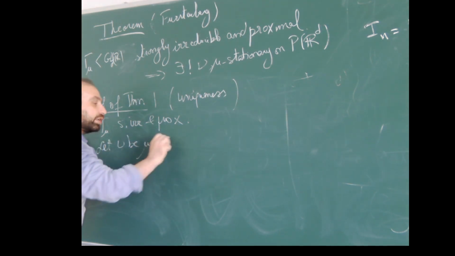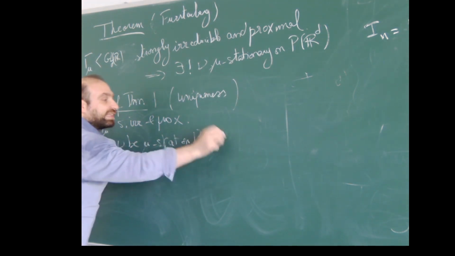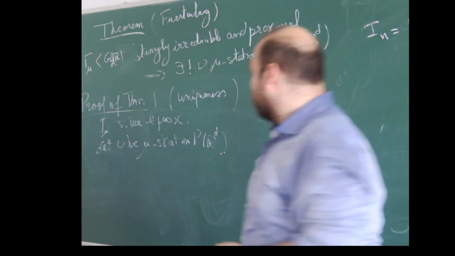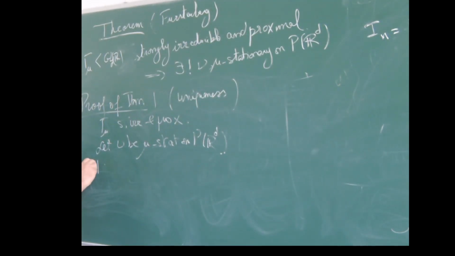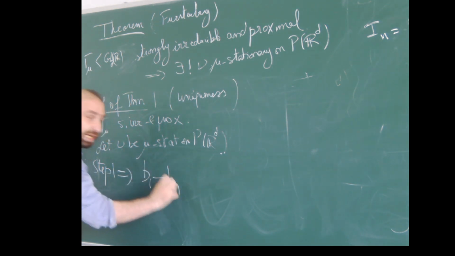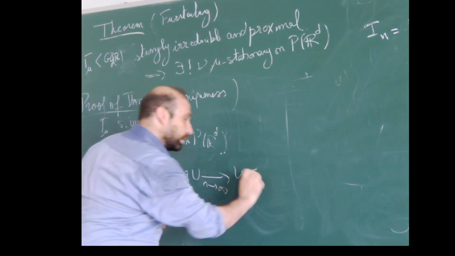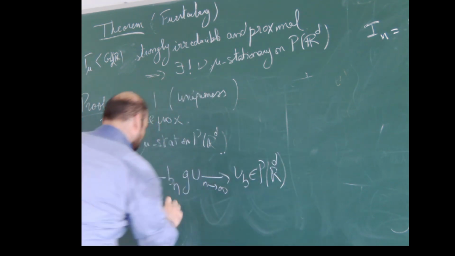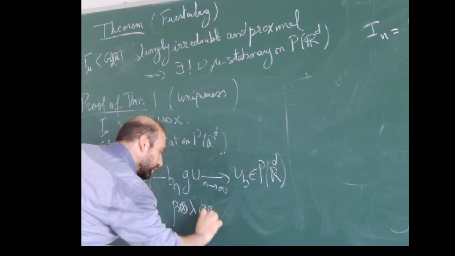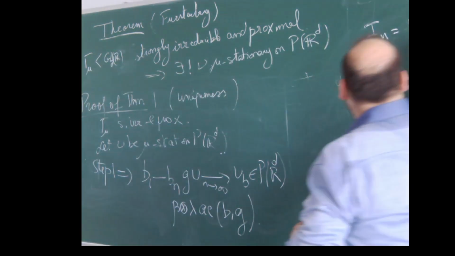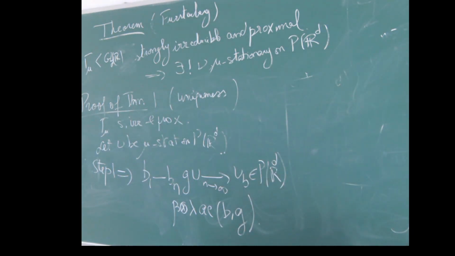Let nu be mu-stationary. And I will tell you what it is qualitatively. By step one, the Martingale theorem, I know that B1...Bn nu converges to some probability measure on the projective space, nu_B, for beta times lambda almost every infinite trajectory B, comma g. This is on the one hand. On the other hand,